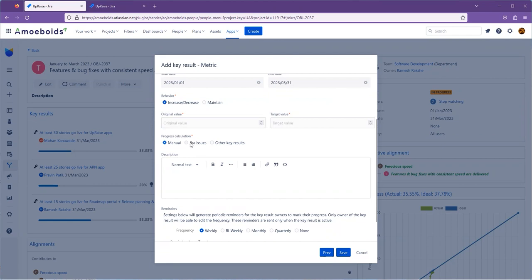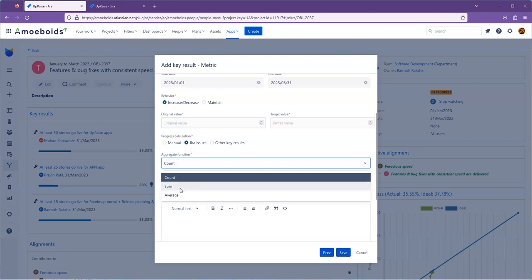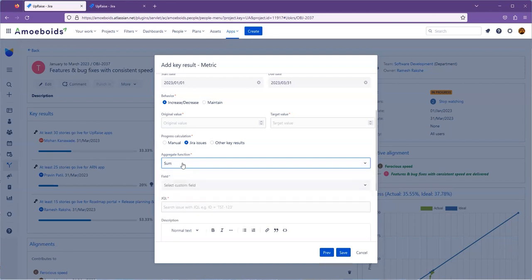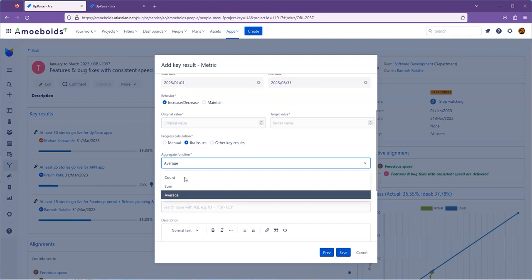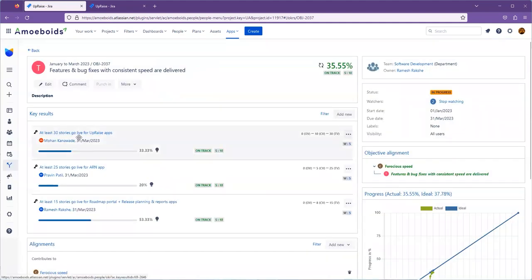When you change the progress calculation for this metric to be done through Jira issues, you'll see a different set of options. First of all, you have to choose an aggregate function. Here it says count. Then you are also able to choose sum or average. So let's just imagine that you want to count the number of stories that go live in a certain quarter. So let me quickly cancel this one because we already have a bunch of